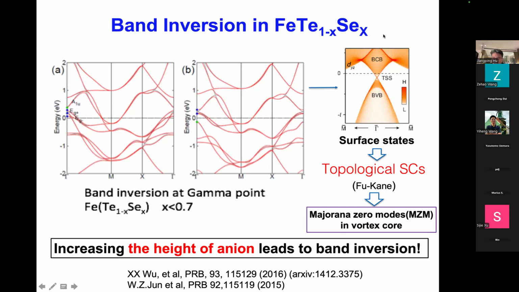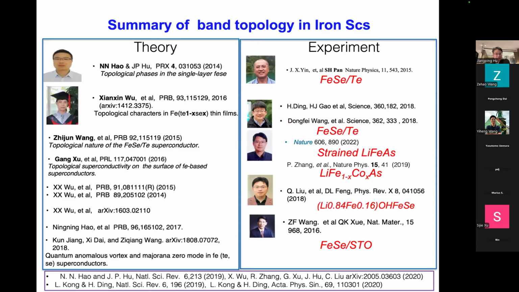Okay, and this is calculations. And then if you have the surface state, and if you use this Fu-Kane argument, that if you create a vortex, the vortex will trap the Majorana zero modes on the surface state. So this is actually big progress now. In China, at least, we have